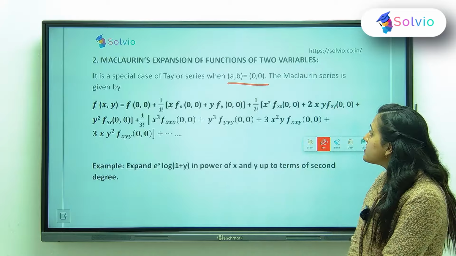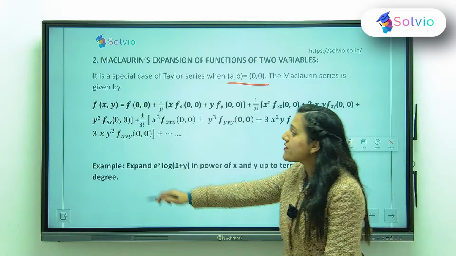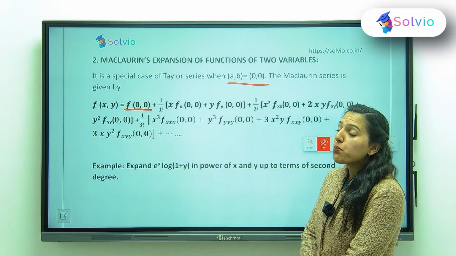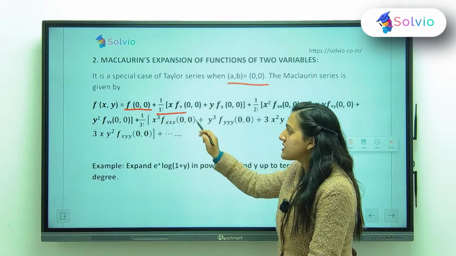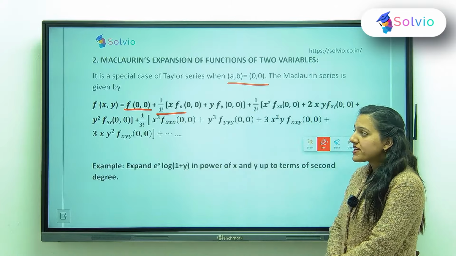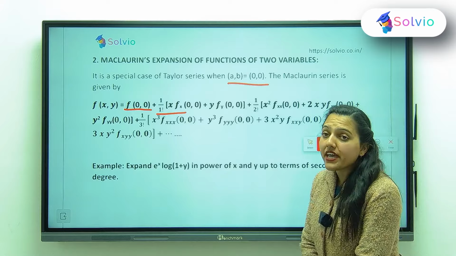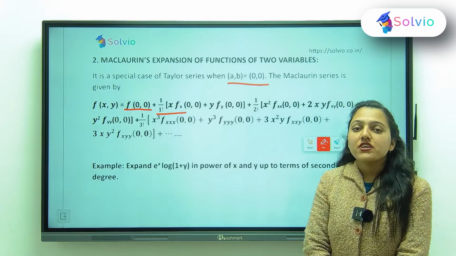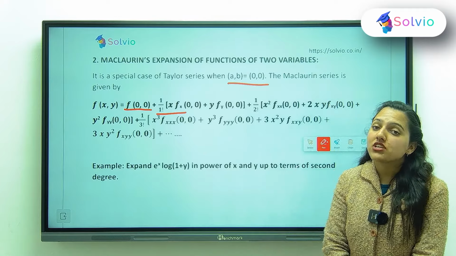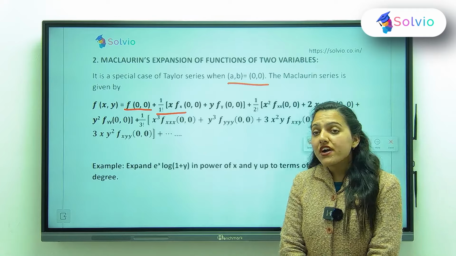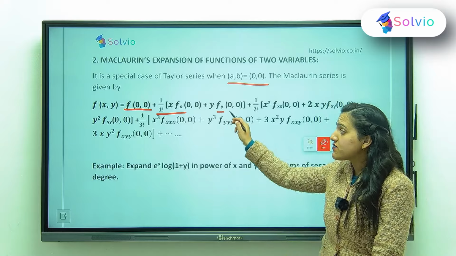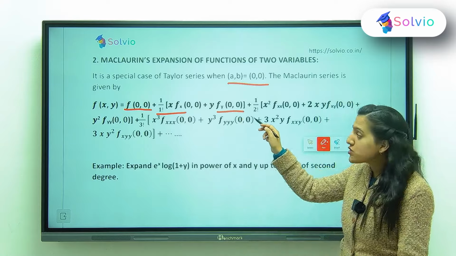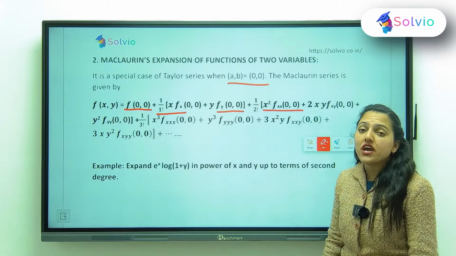So the Maclaurin series is given by f(x, y) is equal to f at (0, 0) plus 1 upon 1 factorial times [x into fx at (0, 0) plus y into fy at (0, 0)]. Here fx is the first order partial derivative of function f with respect to x and fy is the first order partial derivative of function f with respect to y, plus 1 upon 2 factorial times x square into fxx